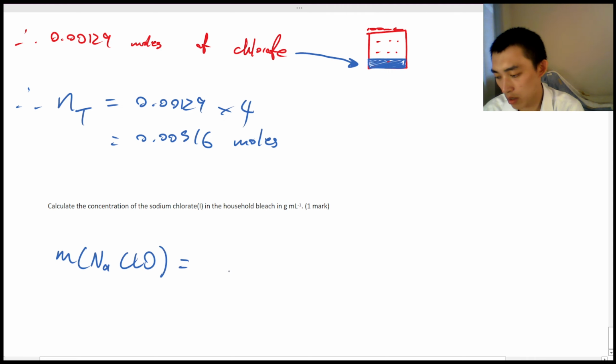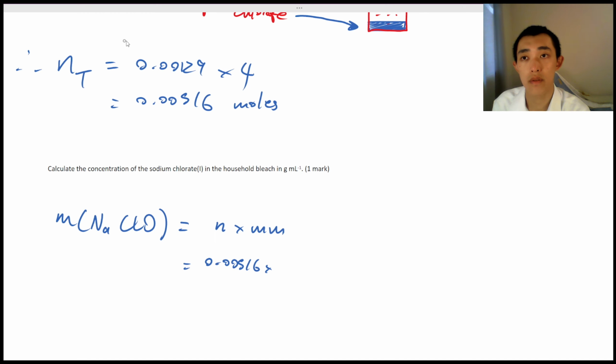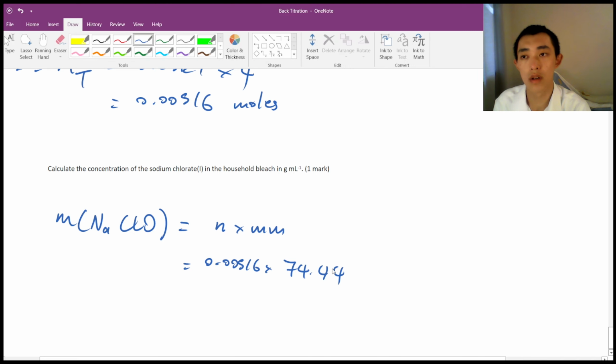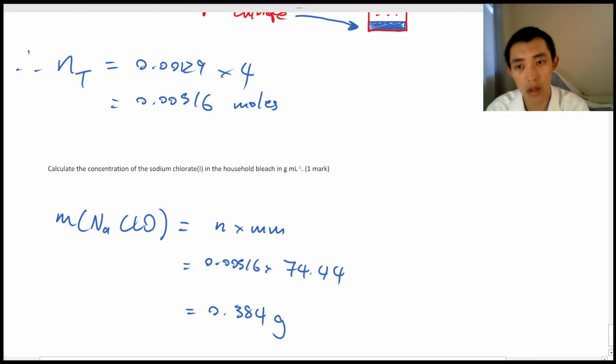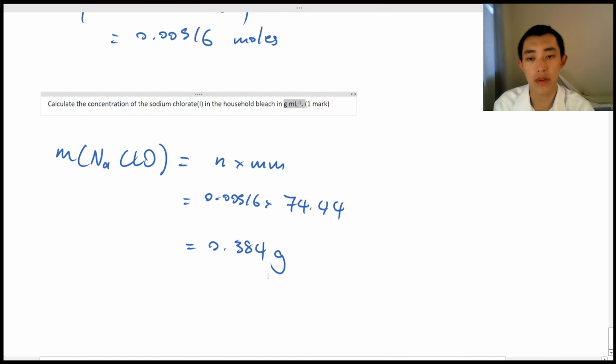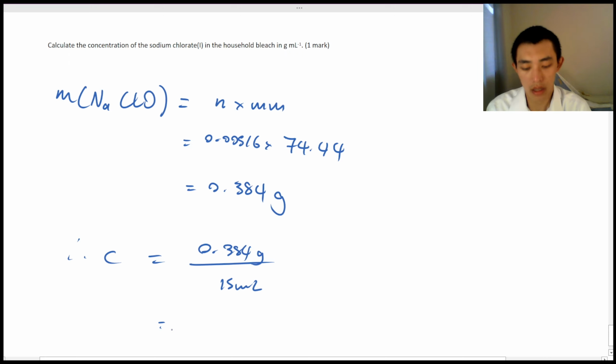The answer I found is 106.44 atomic mass units. So the concentration is equal to 0.384 grams in 15 mils, which gives us